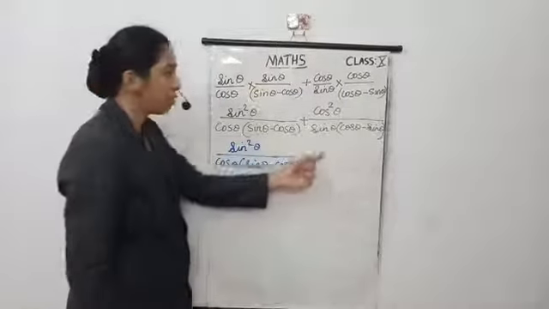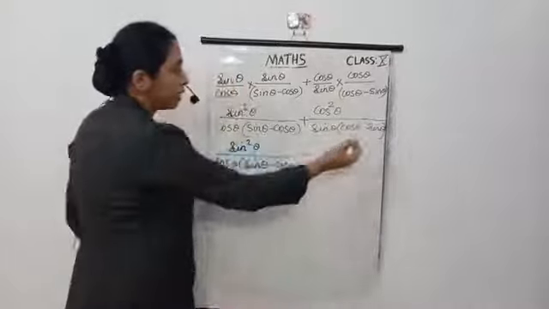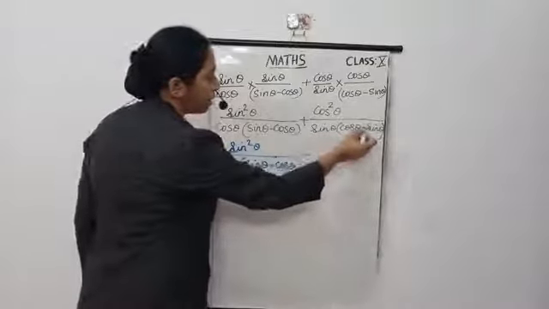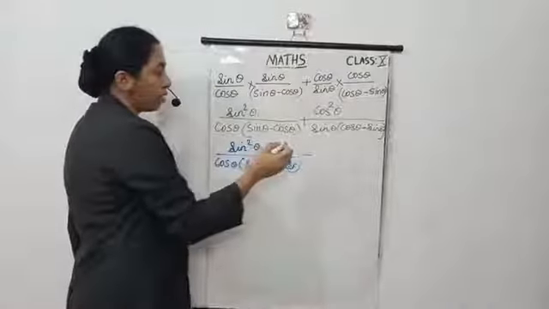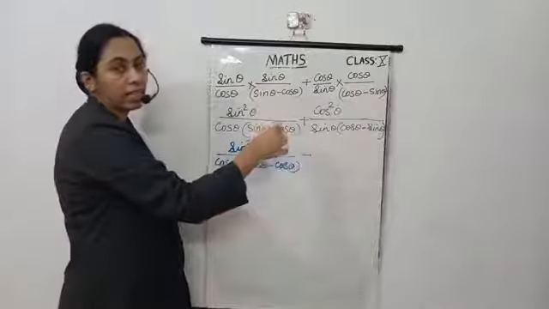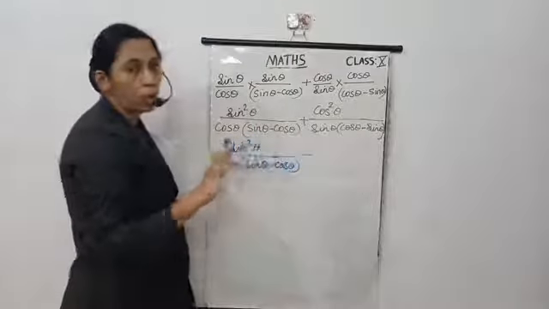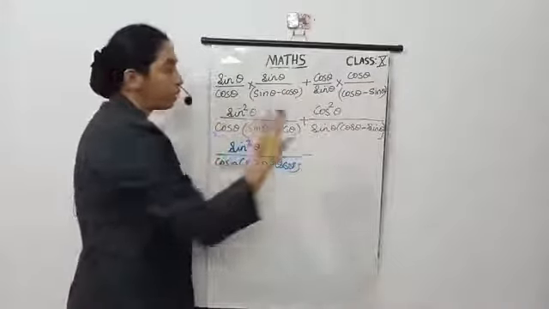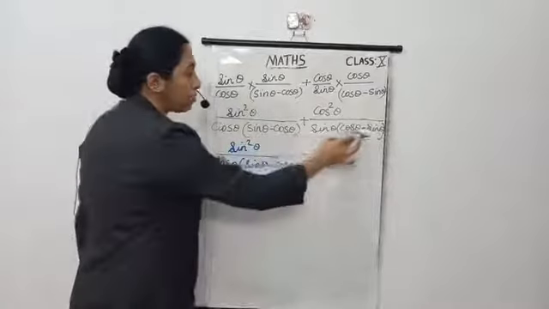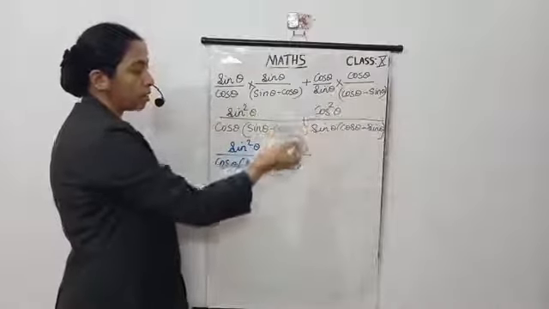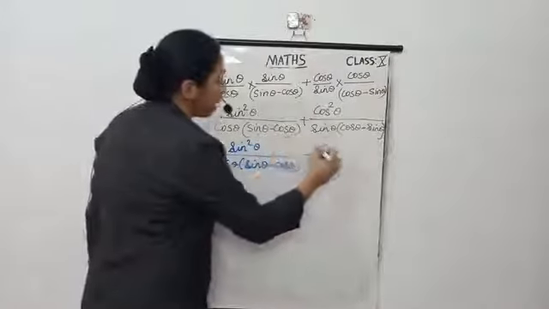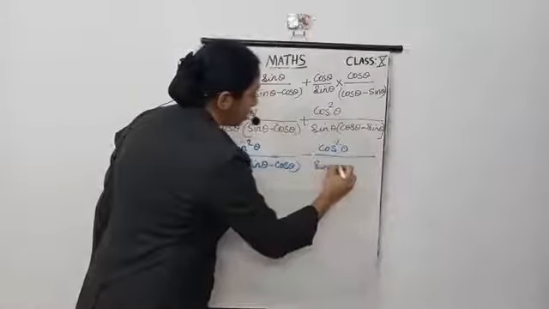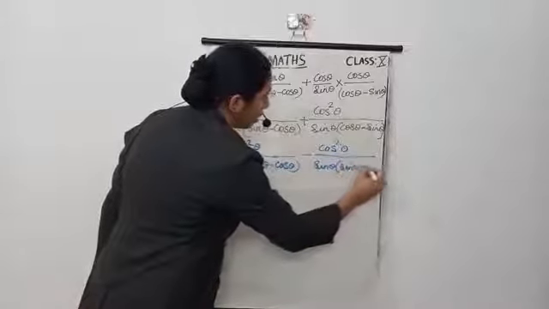here write minus, because here there is a minus, we change this sin theta to this side and cos theta to this side, then this minus we take outside, otherwise it is wrong. See, here minus, that's why we take outside minus. If here plus, then no problem, just change its places, but here minus, so we take outside minus and here replace with minus. Okay, so minus cos square theta by sin theta into sin theta minus cos theta.